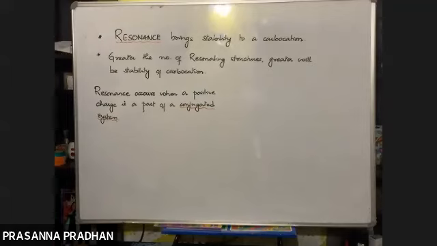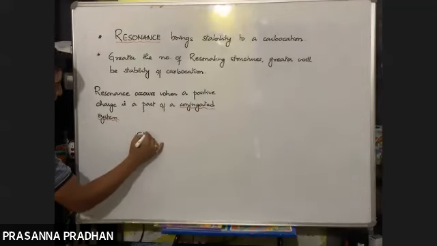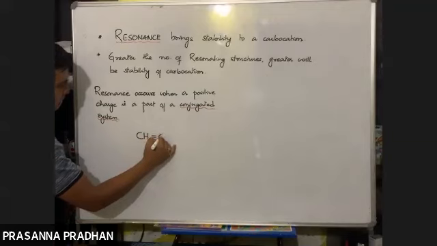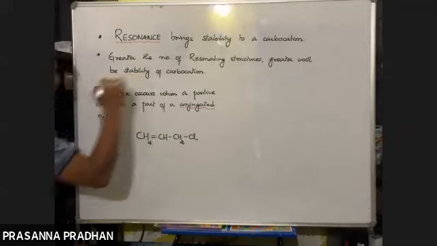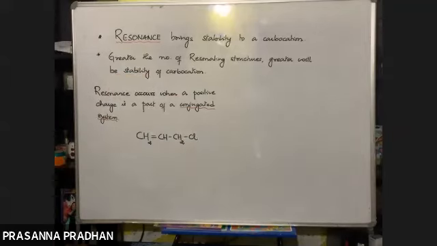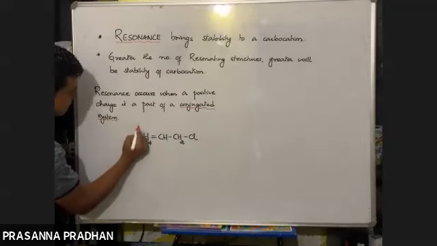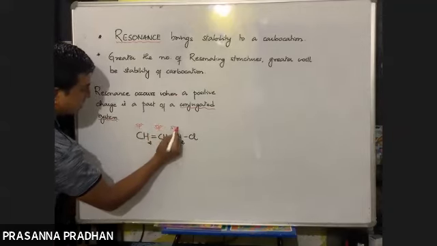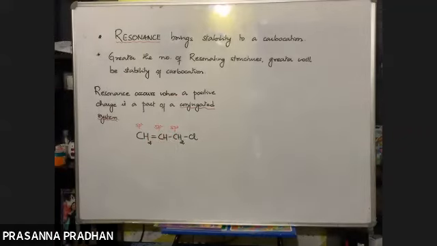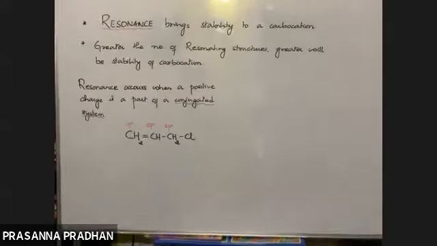Okay, now see, just pay attention for 2 minutes. See, CH2 double bond CH single bond CH2 Cl. This is an sp2 hybridized carbon atom. This is an sp2. This is an sp3. What is this type of carbon known as? sp3 attached to an sp2 hybridized carbon atom. What are these types of carbon atoms known as?